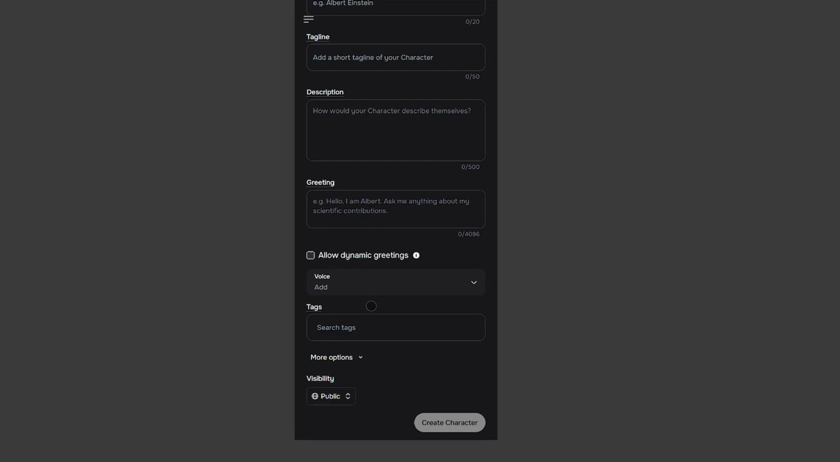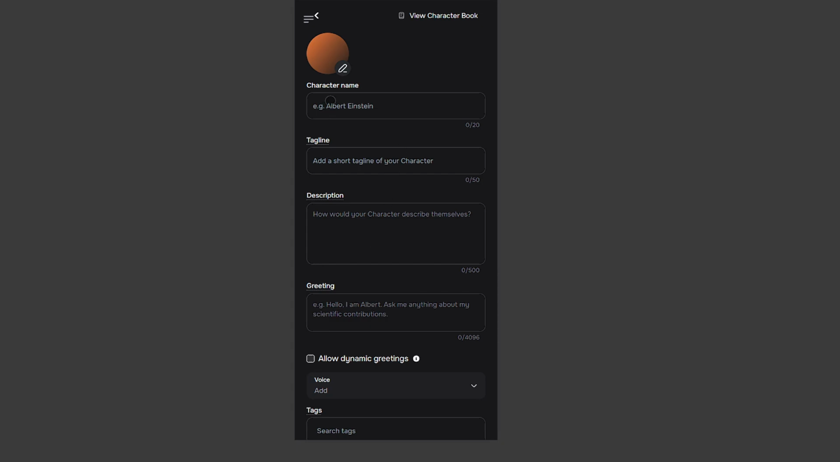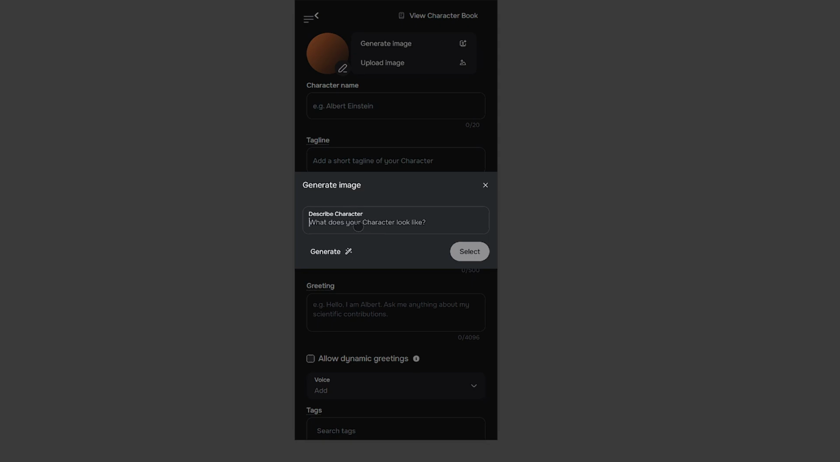So what we are going to be doing here is we simply need to click onto this pencil icon and click on generate image. Now simply enter in here the name, or basically character description. Let's just say a white person with black hair and glasses. Let's just click on this generate option and just hold on a bit until it is